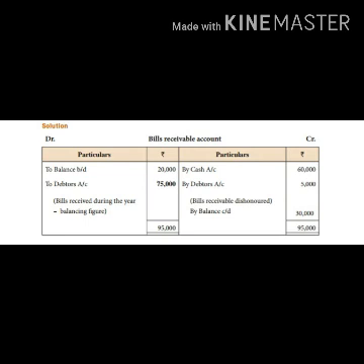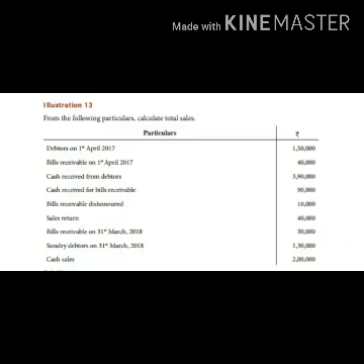Now you tally the credit side and debit side. Which side is higher? You write the higher amount on both sides. The 95,000 in the credit side you post into the debit side, 95,000. We find out the balance: 95,000 minus 20,000 comes to 75,000 to debtors account, in bracket, bills received during the year. So how much? 75,000.